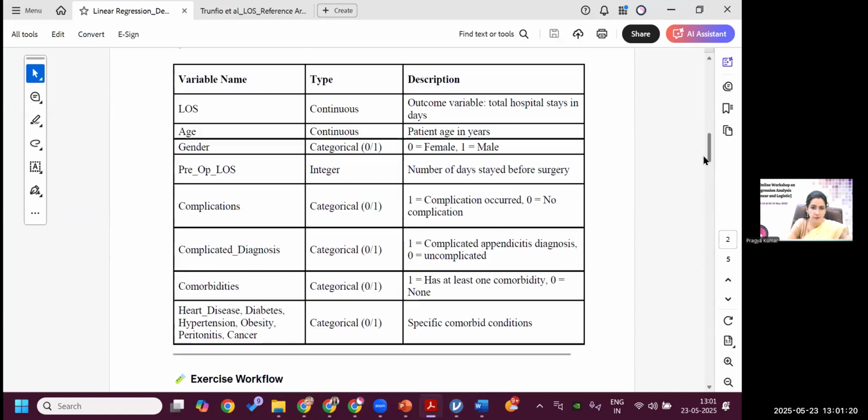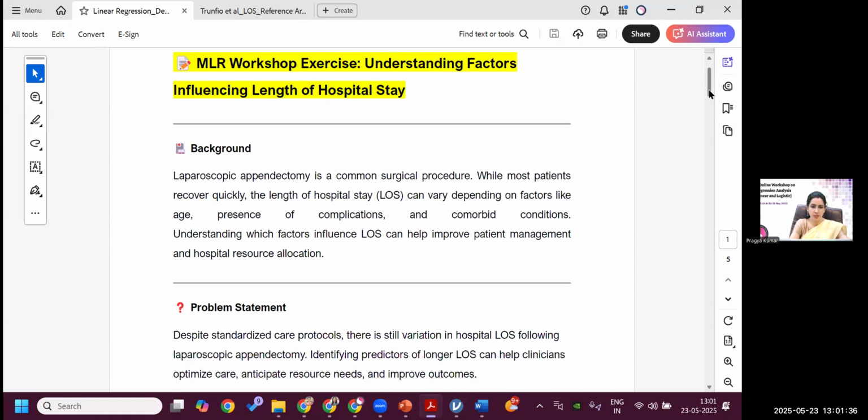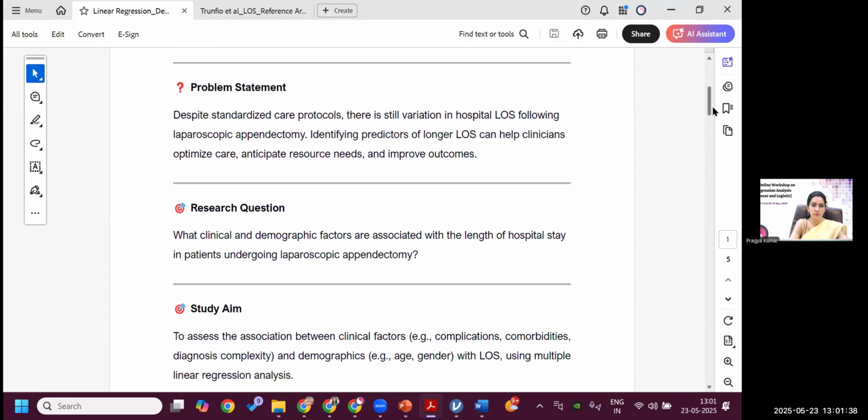So first I have to, so this we have shared with you people. Again, the background is laparoscopic. We have taken the base of this article only. Laparoscopic appendicectomy is a common surgical procedure, and the same introduction I think we have written. The problem statement is that despite standardized care protocol, there are still some variations in hospital length of stay. An identified predictor for a longer length of stay can help clinicians optimize care, anticipate resource needs, and improve